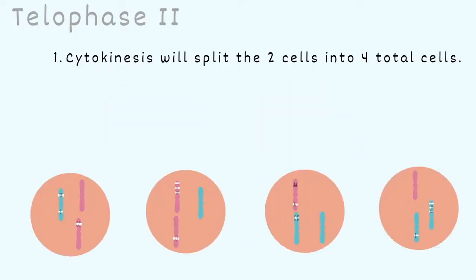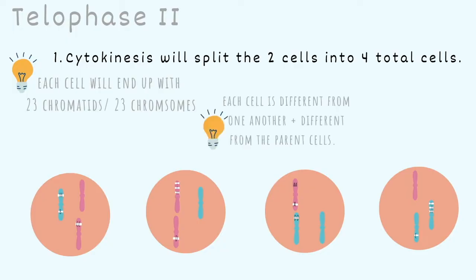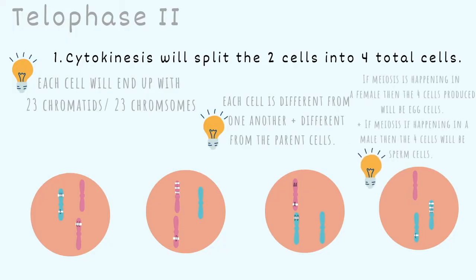This is the final step of meiosis, but there are a few key points you need to know here. One is each cell will end up with 23 chromatids equal to 23 chromosomes. Each cell is different from one another and different from the parent cell. And lastly, if meiosis is happening in a female, then the 4 cells being produced will be egg cells because females have eggs. And if meiosis is happening in a male, then the 4 cells will be sperm cells because